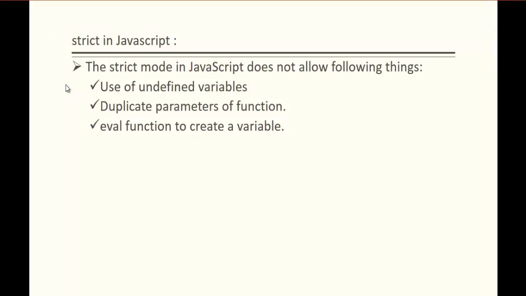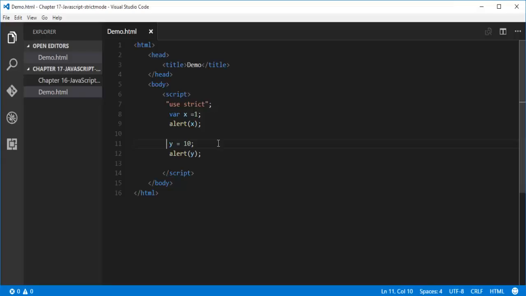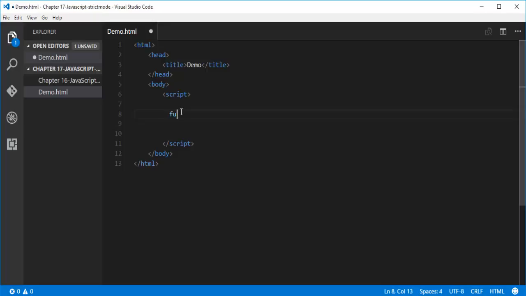And duplicate parameters of a function. I repeat, duplicate parameters of a function. So what do you mean by duplicate parameters of a function? It's very simple. I'll remove this as of now, and I'll remove this also. So what I'll do right now, I'll declare a function